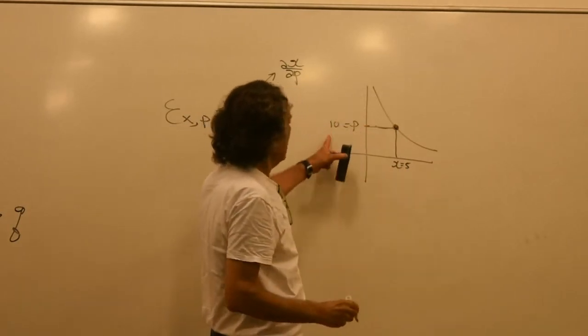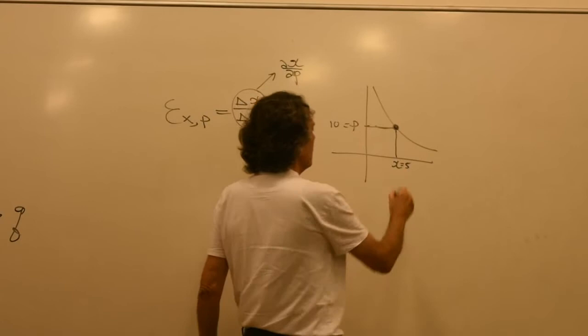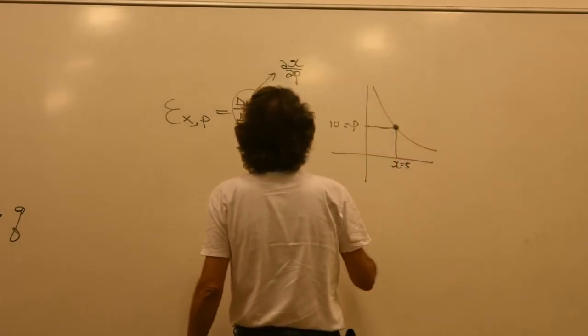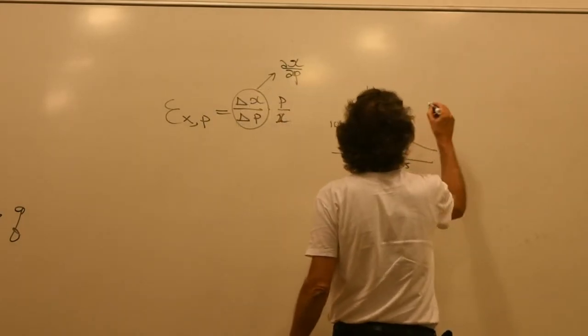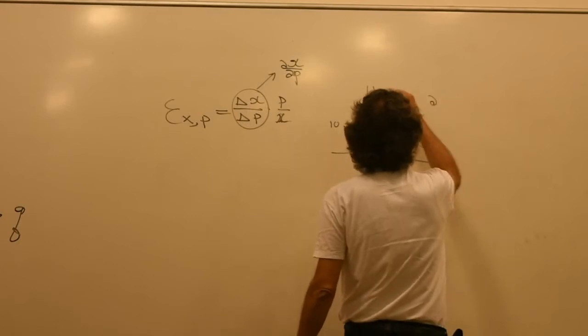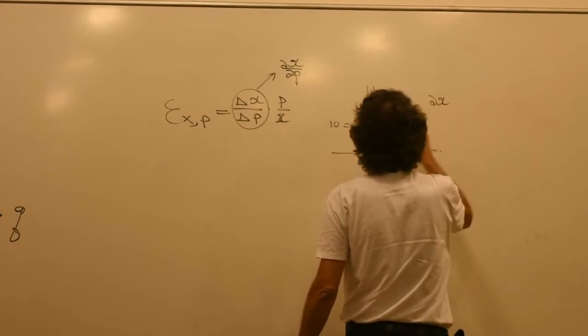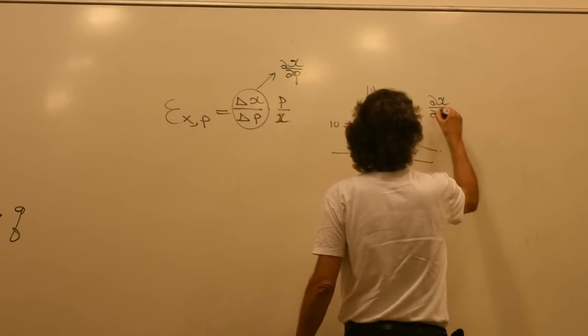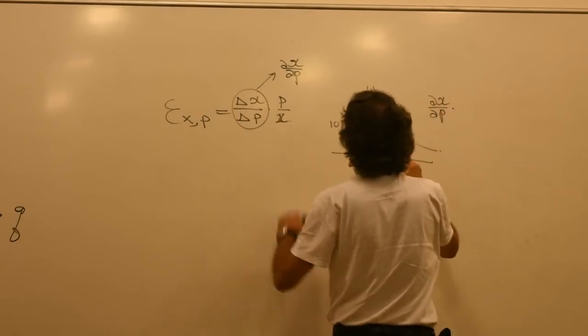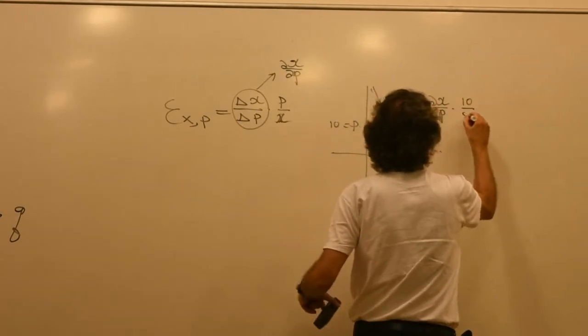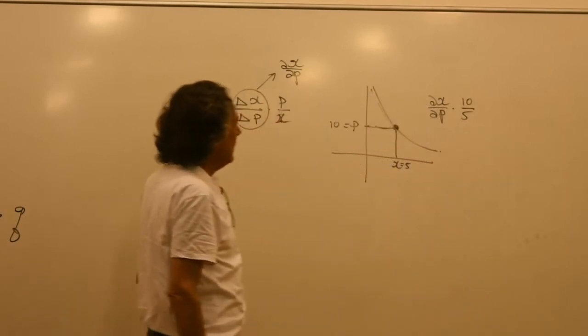At the price of 10, we buy 5, according to this demand function. So in that case, what I have to do, I have to look at the derivative of x with respect to p, and multiply it by p over x, by 10 over 5. That will be the